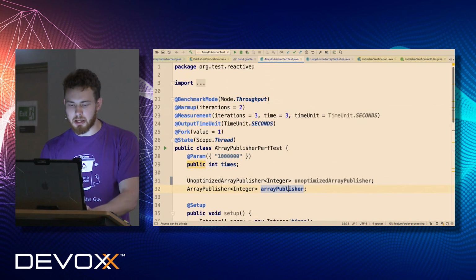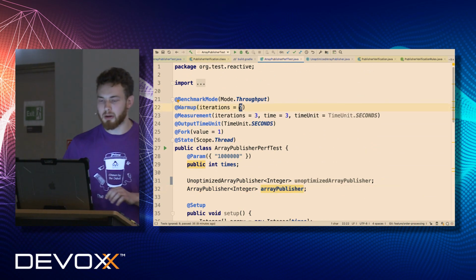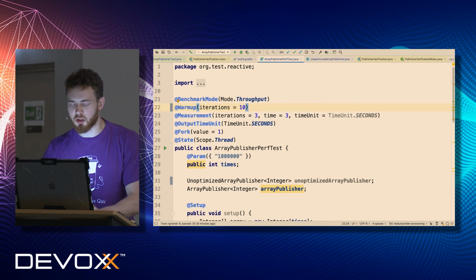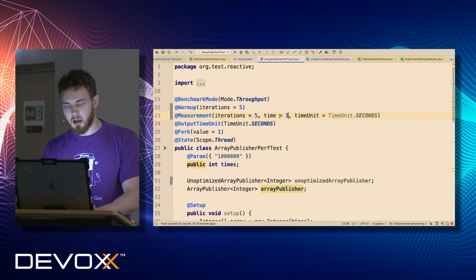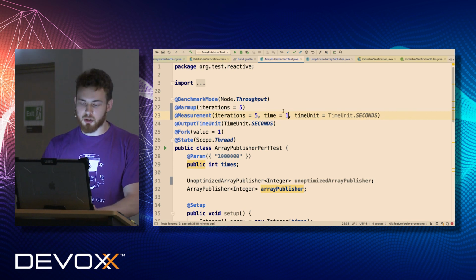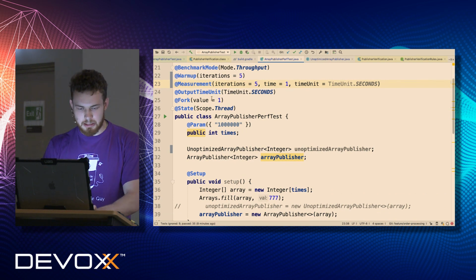So what my benchmark does, it does a few iterations. Of course, for real benchmarking, you have to provide 10 iterations in order to properly warm up your system. For us, it's fine, so we can put 5 here. We can put 5 here as well, for the real measurement. Here is the time for measuring, so you specify how long your measurement iteration will take. So let's put it to 1, just in case. And then you can specify some output, etc.